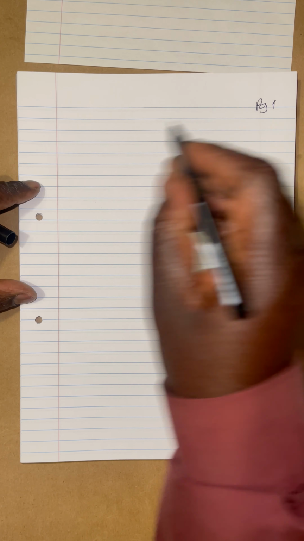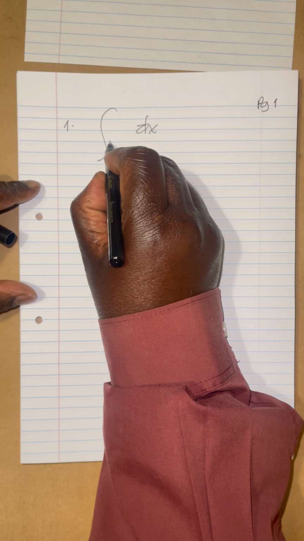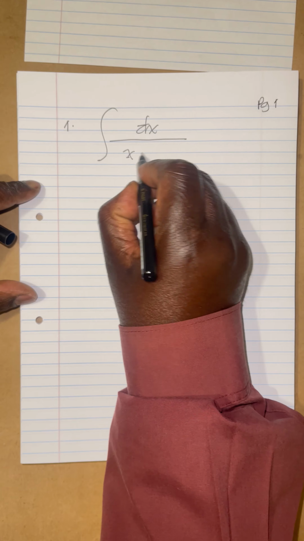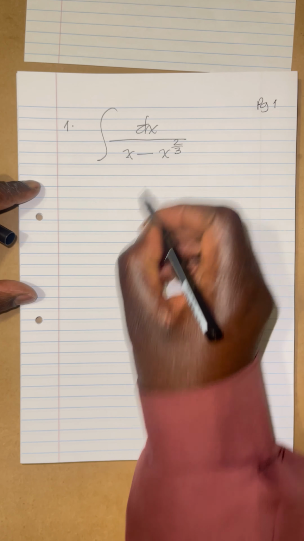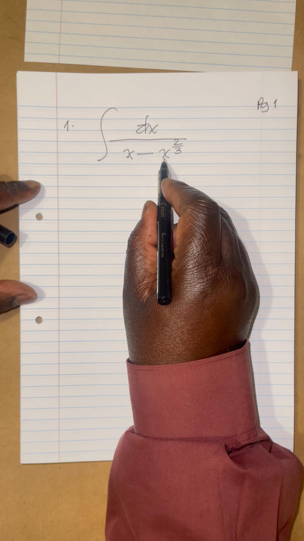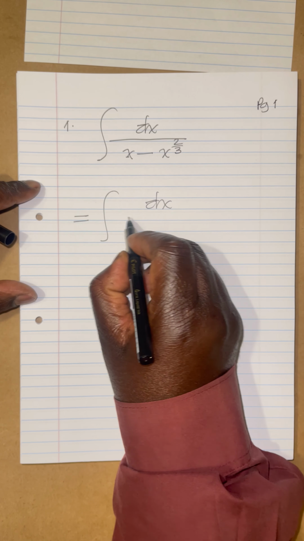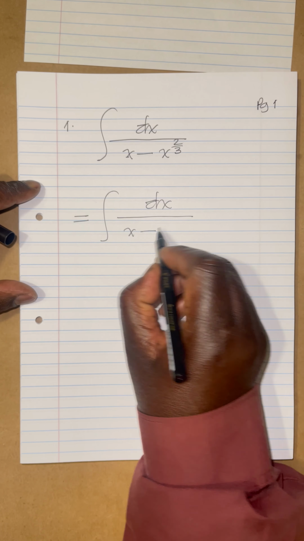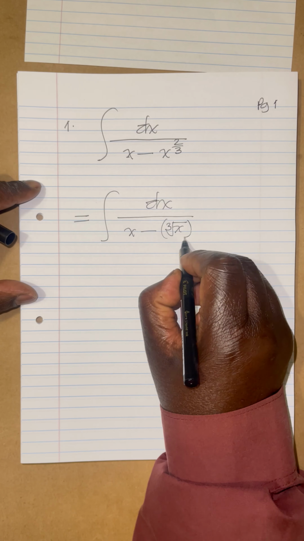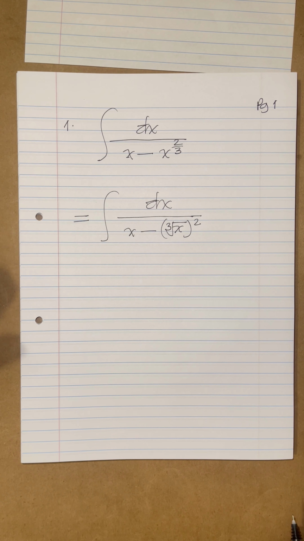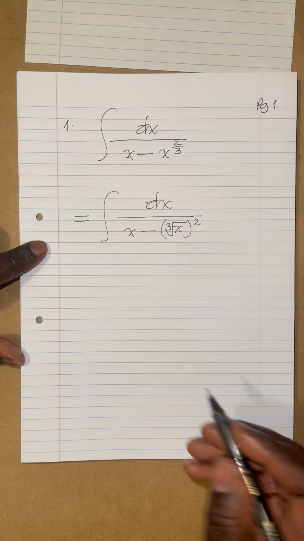Page 1, we are dealing with the first integral. It's the integral of dx all over x minus x to the power 2/3, like that. We're going to rewrite this term here as follows. So this will be the integral of dx all over x minus, watch this, I'm going to write this as cube root of x, and then I'm going to square the whole of that. Looking at the laws of exponents, you should see that that's exactly how you represent that. At this point, it allows me to say,